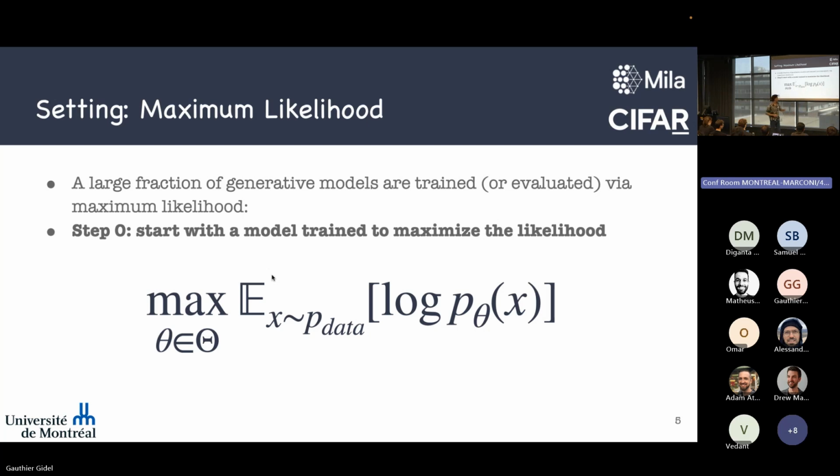So we have a parametric model. You can think about this as your neural network, your GAN, or your diffusion model, that has some parameter. And you want to learn the best parameter that maximizes the log likelihood with X samples from the data distribution. So far, so good, I hope. Don't worry, it's going to get a bit more tricky.